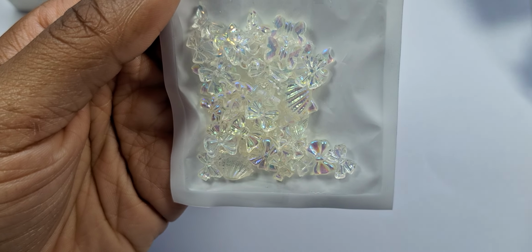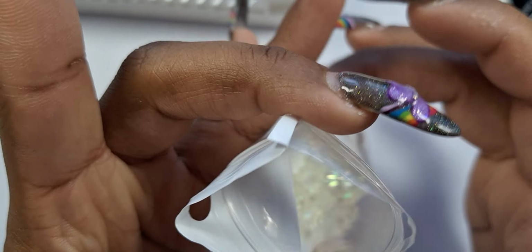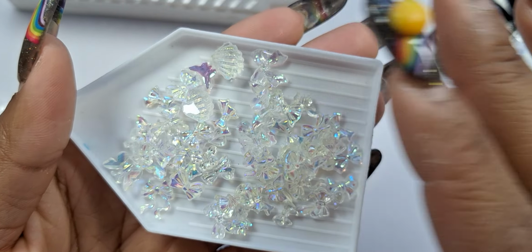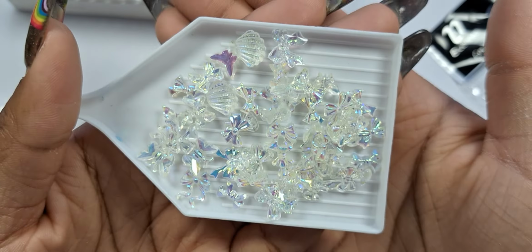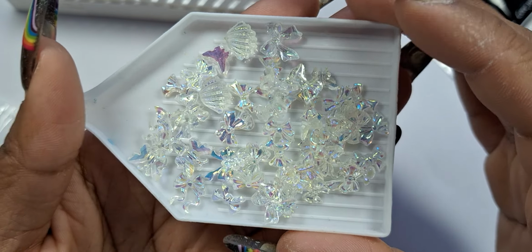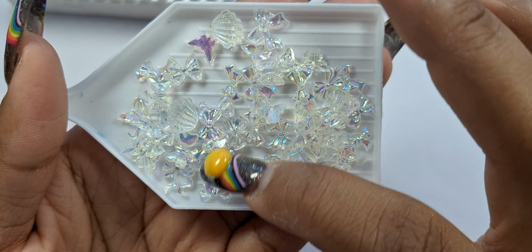I got these ones, these little charmies. Let's see, I have this little tray, I'm just gonna share them on. And I used to be way more into, and you'll kind of see that thing, I used to be really into AB kind of charms and golds, because I love golds, but more now than ever, I am more into color. So I do still get AB because AB goes with pretty much everything, so when in doubt, just use an AB. But this has little bows in it, it has little seashells, why did I forget what those were called,